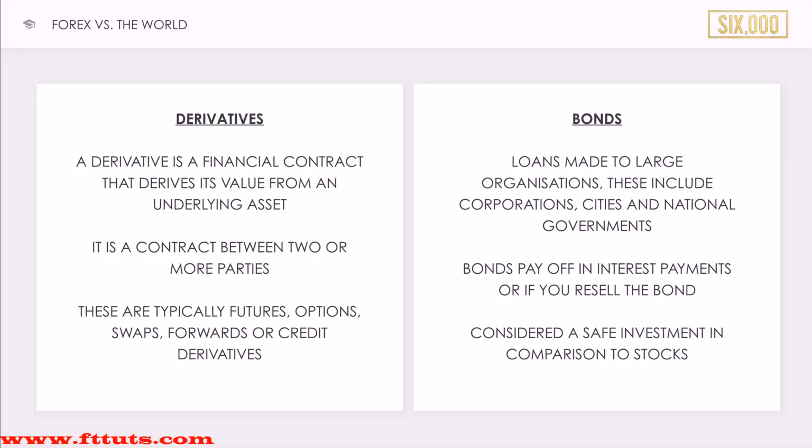So bonds are considered the safest investment out of the 6 that I've mentioned, and these are typically for pension funds or those with capital in excess of 7 or 8 figures. So you're talking in the millions. These are typically people that are looking to make a small return on their money. That small return is, of course, quite a large amount if you've got more capital. But for those with maybe $10,000 or $20,000, if you invest in bonds, the return is going to be minimal in comparison to stocks or Forex.